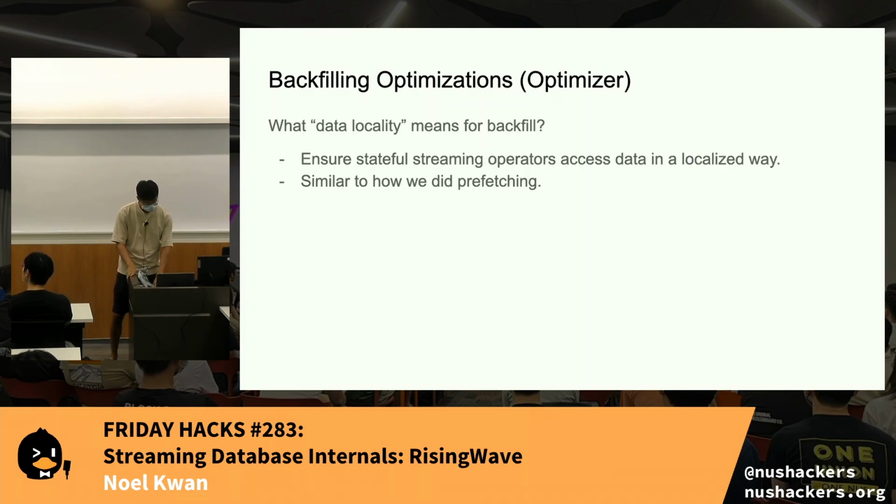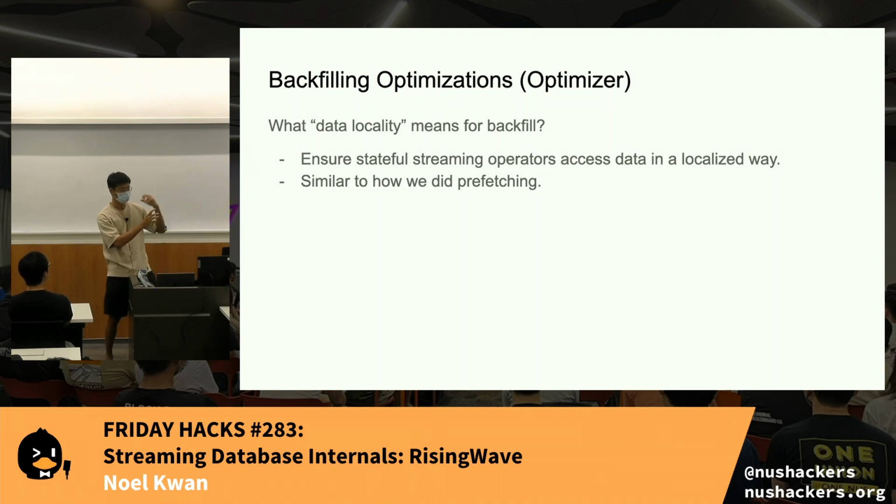So let's just talk about the second one first. That's index selection. Stateful streaming operators have state. They need to read state in order to update it, right? Let's say you are doing aggregations. You need to read the previous state, and then you need to be able to update the state. So if the state is really large, you want to ensure that data access follows a localized pattern, so that when we're fetching, similar to the prefetch example just now, you're actually getting adjacent